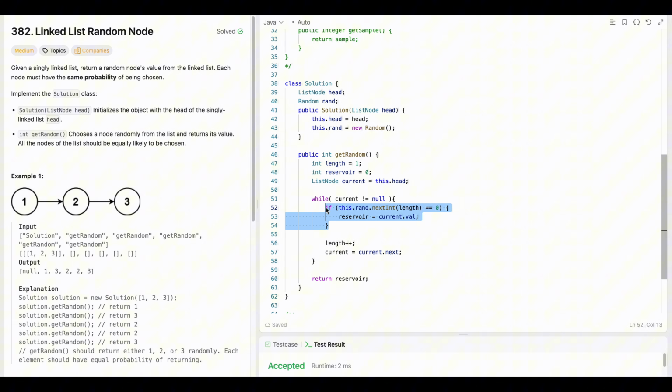So this if block, it is guaranteed to run for the first node. So when current is head, this value is going to give us 0 because initially the length is 1, and it is going to give us integers between 0 and 1, where 1 is not inclusive and 0 is inclusive. So that is why it's going to be equal to 0, and initially the reservoir value would be equal to head.val. And when length becomes 2, then it is going to give us integers 0 or 1. And then what is the probability of getting 0? So the probability of getting 0 is simply 1 divided by length,